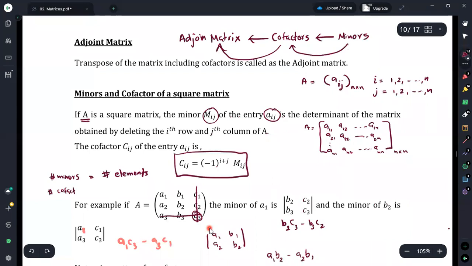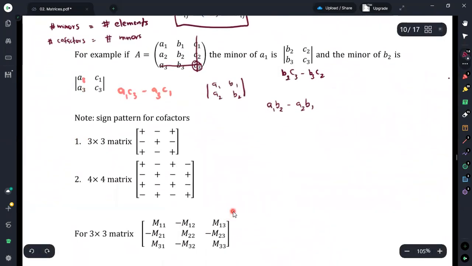Therefore, if you are obtaining the cofactors, then we can say that the number of cofactors is equal to the number of minors, which is equal to the number of elements in the given matrix. As an example, if you consider this matrix A, we have identified that there are 9 minors, therefore there should be 9 cofactors as well. To find the cofactors, you can simply use this equation, but in this session I am not going to discuss using this equation. Apart from using the equation, I will combine the sign pattern with minors to obtain the cofactors.